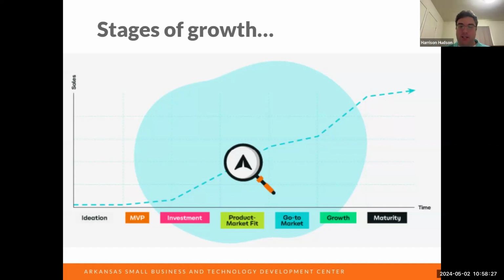Before your product or service hits the market, you have a handle on who your customer will be and how many of them you can expect that fit that profile, as well as what problems, what pain points, you're addressing.